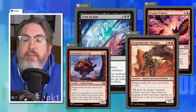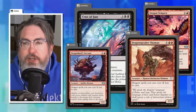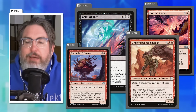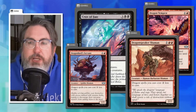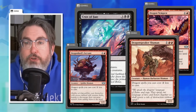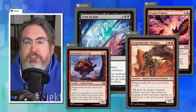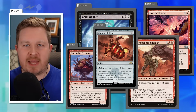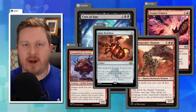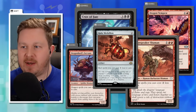Yeah, and the fact that it's a reducer means it can apply multiple times per turn. That's tricky to do with dragons, for example, but if you're building an elf deck or something that reduces the cost of your elves, well, they're cheaper, and many times you're going to be casting 1 or 2 or 3 elves in a single turn, and that will stack, so that cost reduction is going to apply to every single elf spell you cast. Well, and you really like the medallion cycle anyways, just having a generic cost reduction for all the things of different colors. So yeah, Dragon Speaker Shaman, that's...